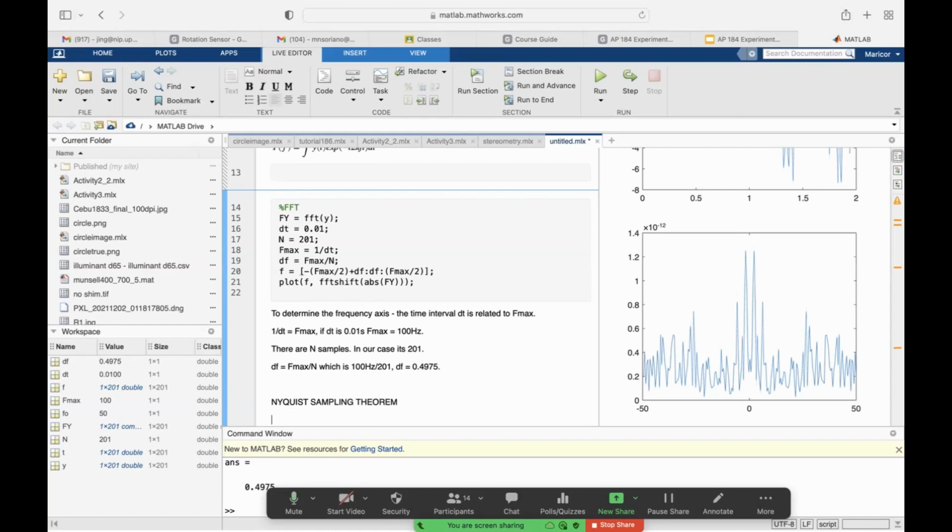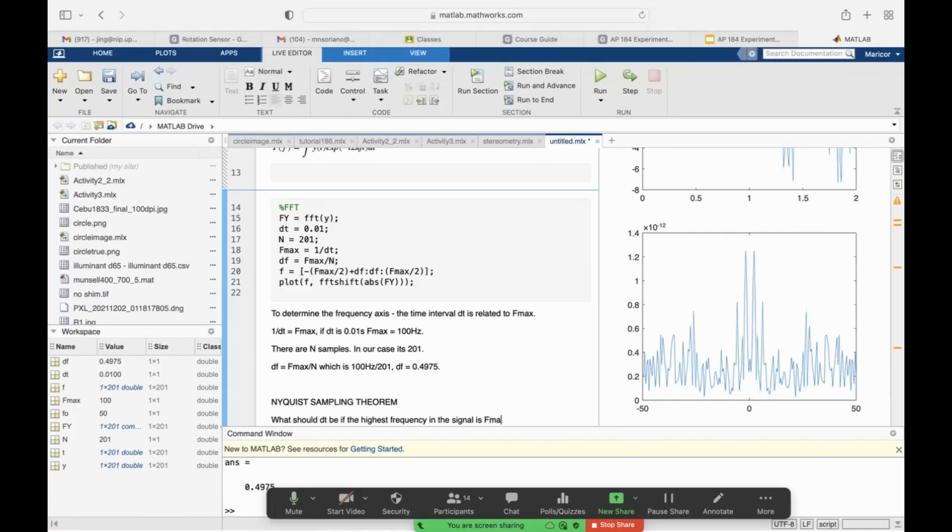Tandaan, pag Fourier transform natin yung signal, pag tinignan natin yung output niya, kalahati lang nun yung relevant kasi the other half is just a mirror image. And therefore, the Nyquist sampling theorem tells us ano ang DT mo. What should the sampling interval DT be if the highest frequency in the signal is